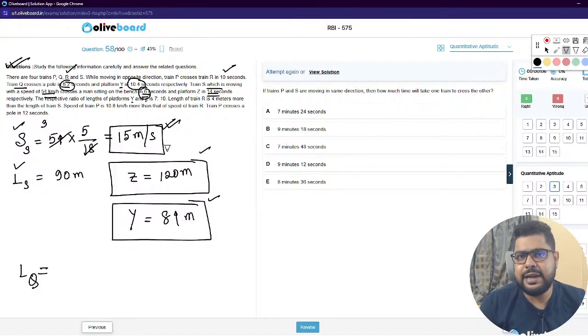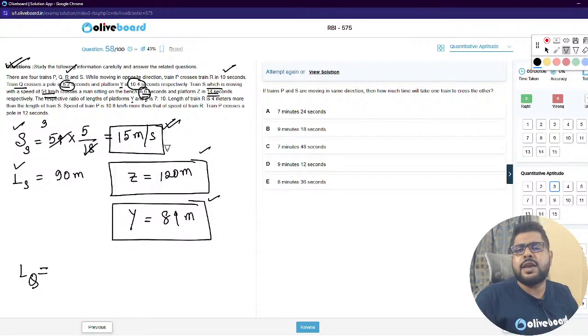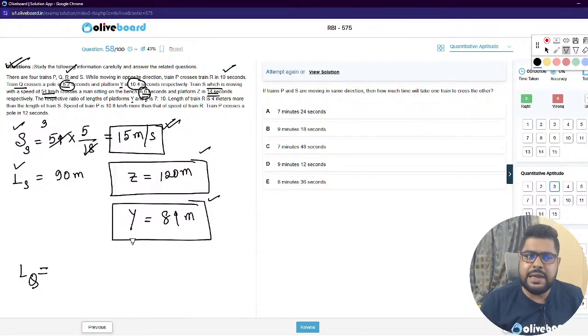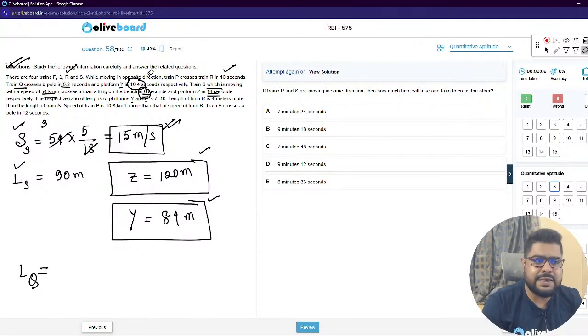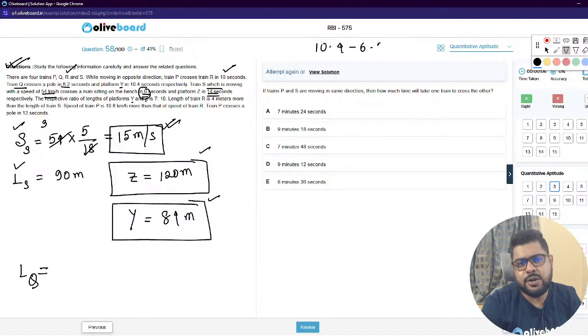In this 6.2 seconds train Q can cross its own length, and in 10.4 seconds, it is crossing its own length plus the length of the platform. Right? So that means, please understand, in the difference, that is 10.4 minus 6.2, that is in this 4.2 seconds,